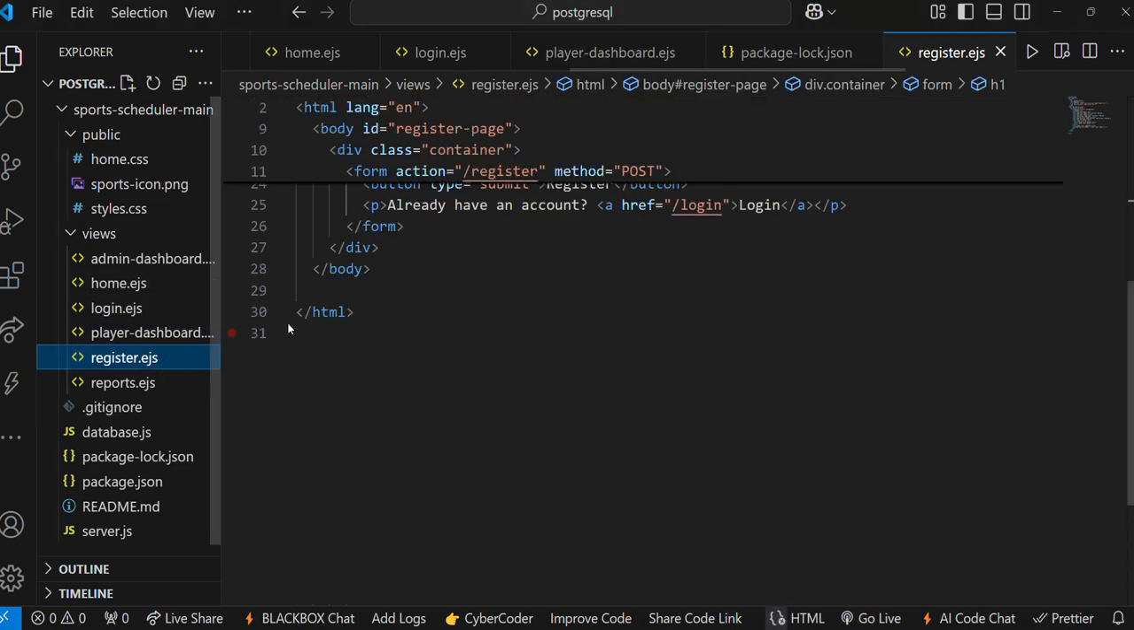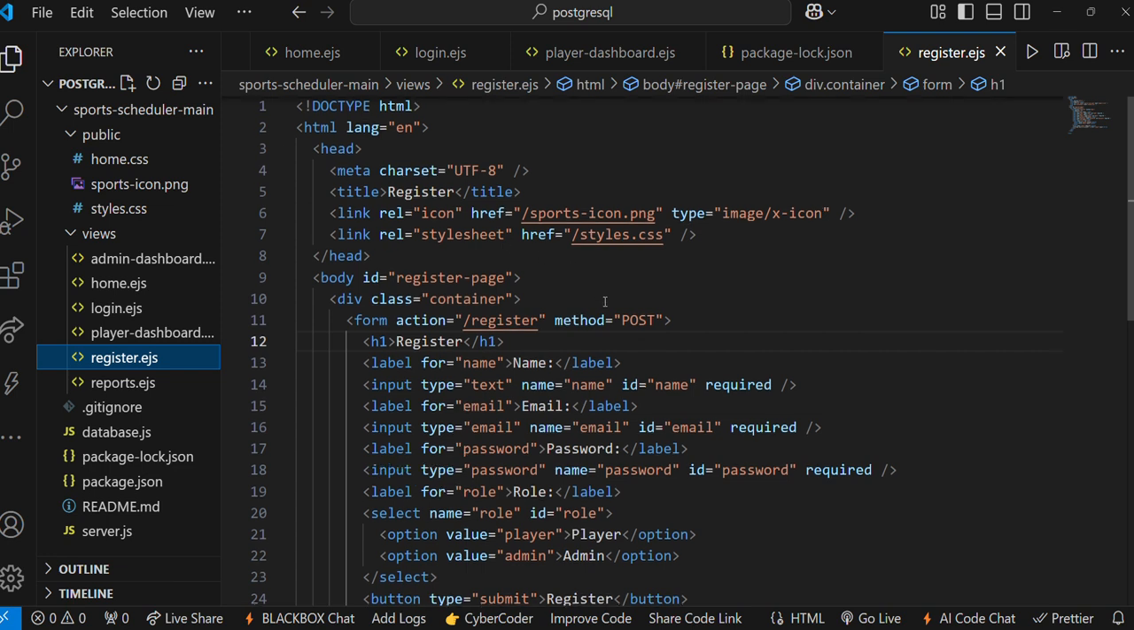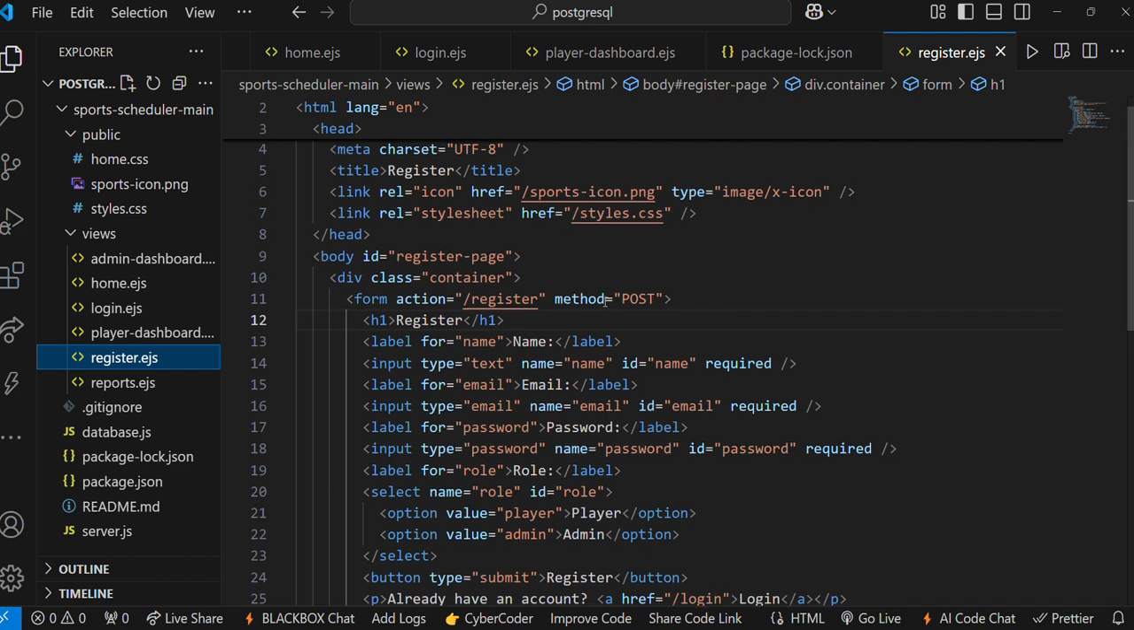Next, the register.ejs is an HTML file in a sports-related web application. Here, it contains some HTML structured code. It also contains a head section which defines the character encoding and sets the title of the page, and it links external CSS to style the web page. It contains a body section. It assigns an ID to the body for styling purposes,